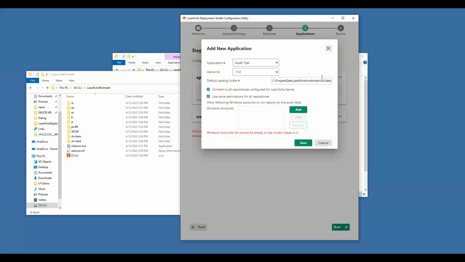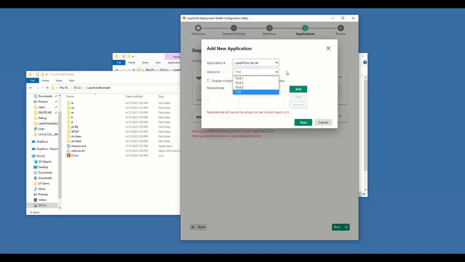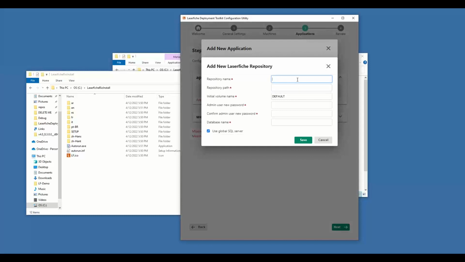So to get started, we will add an application. And first we are going to install our Laserfiche server. We'll select our installation version, 10.4.1, 10.4.2, 10.4.3, or 11. We can enable multiprocessor license, and here we can add in the various repositories that we want to configure. We'll specify our repository name, the repository path,